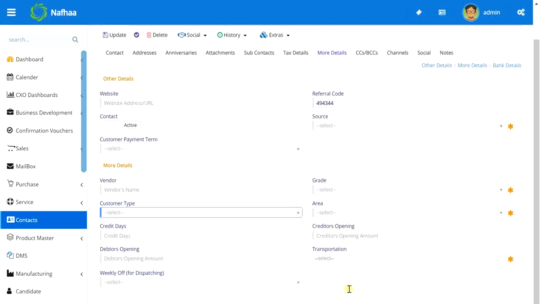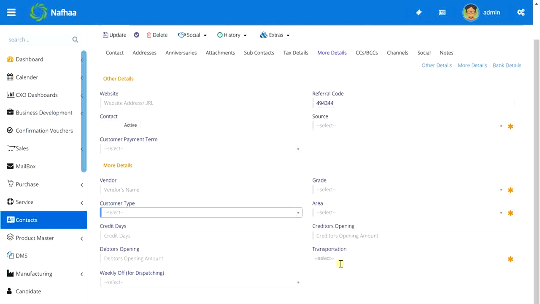If this customer says that I have a preferred transporter, like if you are in a business where you need to dispatch material to customers, logistics is taken care of, but here you can even take care of your customer. Like the customer suggests, I only prefer this XYZ transporter. You just select it from a drop down, even multi selection. Like he says that these are the two or three transporters which I usually prefer, and you send by these transporters only because they are good at our location. I'm just giving a hypothetical example.